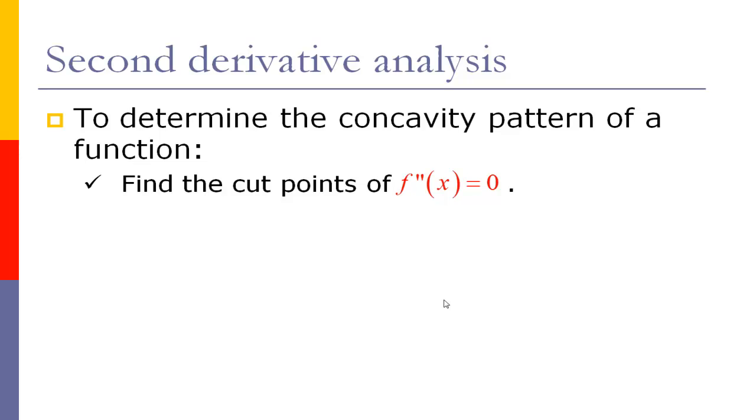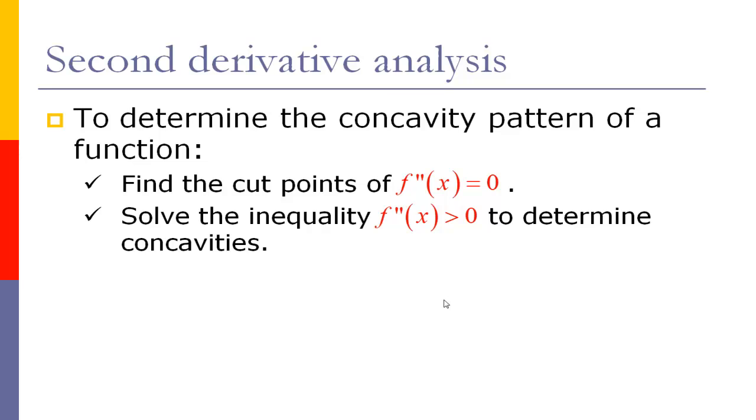So those are the values of x for which the second derivative becomes 0 or becomes undefined. Then we're going to use those to solve the inequality f double prime greater than 0. This will tell us where the function is concave up and where it is concave down. By the way, notice that both in the first and second derivative analysis, we had to solve an inequality, and